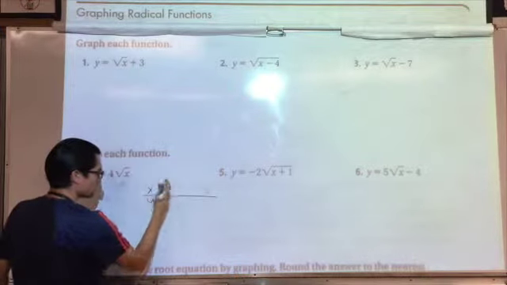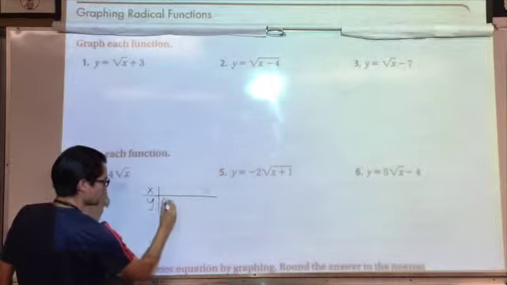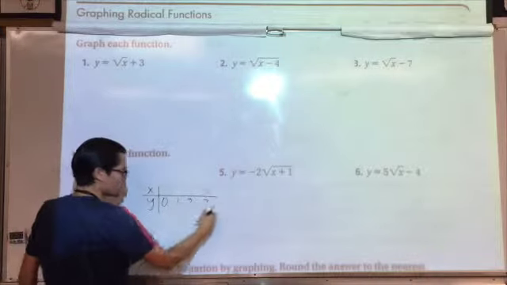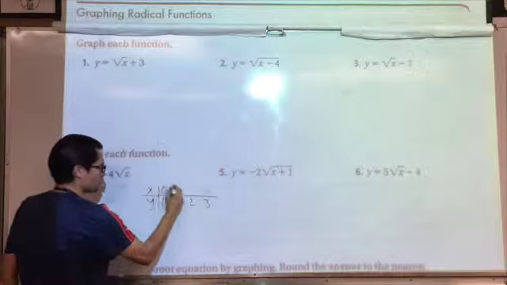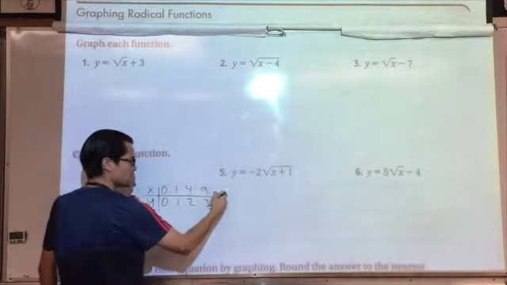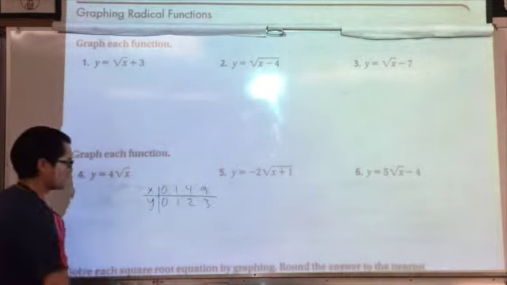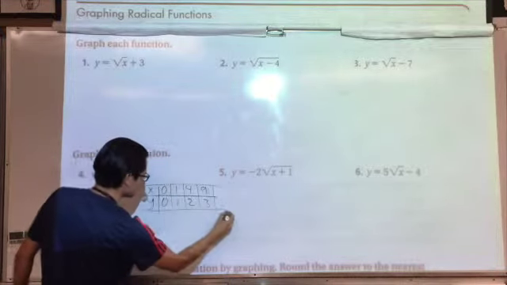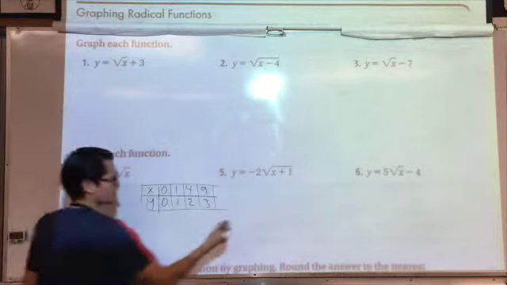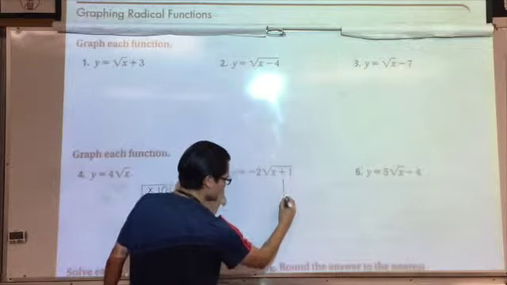The parent function table goes like this, okay? The y values are 0, 1, 2, and 3. You could go further if you want. The x values are 0, 1, 4, 9, 16, 25, and so on. You could go further if you want. That is the parent function table. And it looks like this. If you graph it,